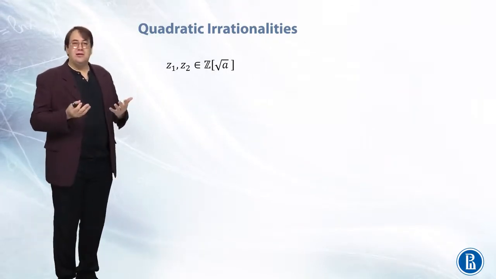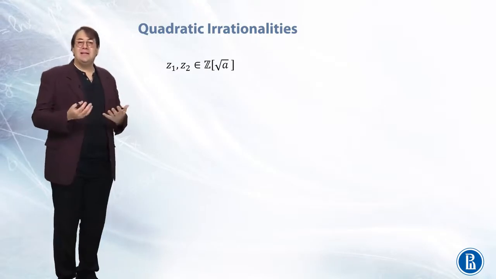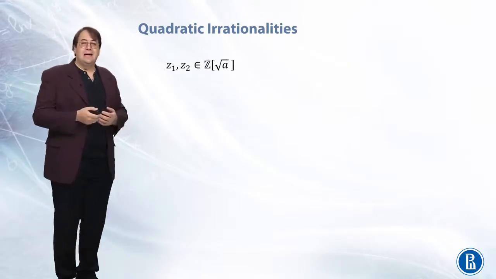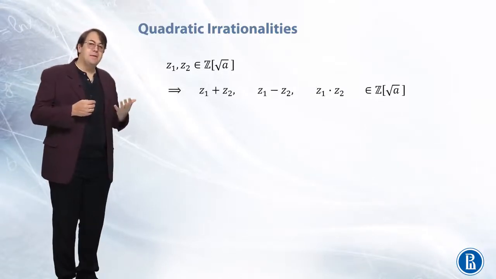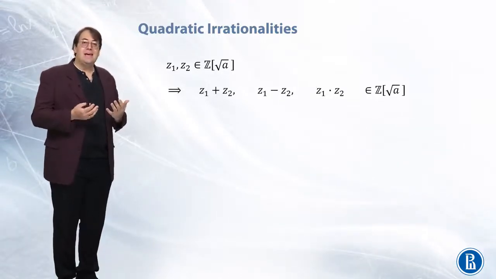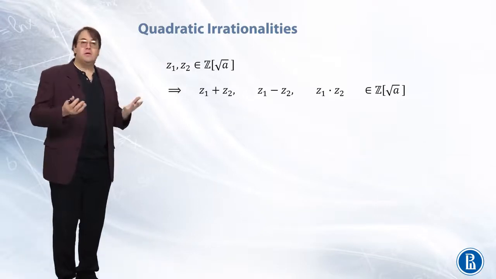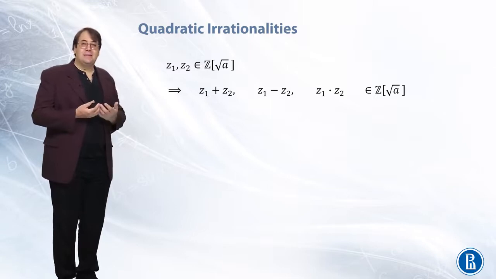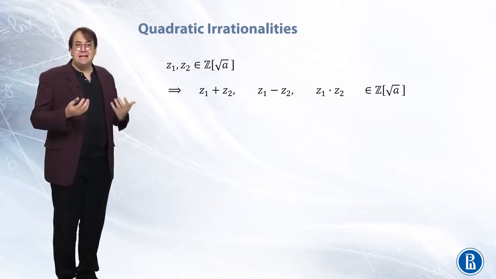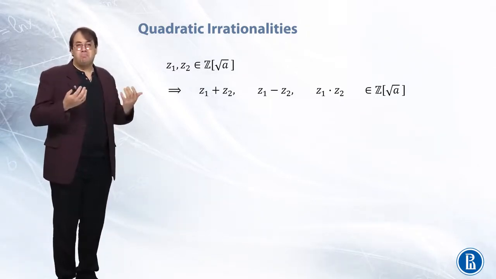So we take two z's from this set, z1 and z2, and then show that their sum, their difference, and their product also belong to this set, which will mean that this set is